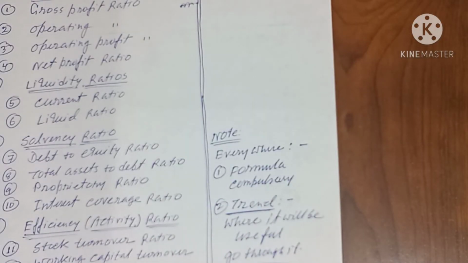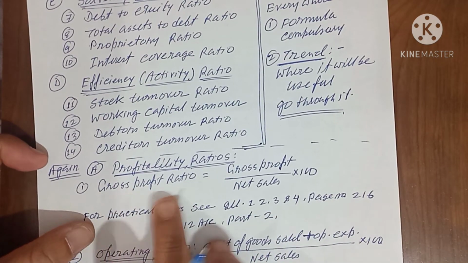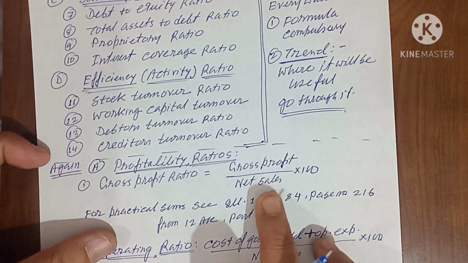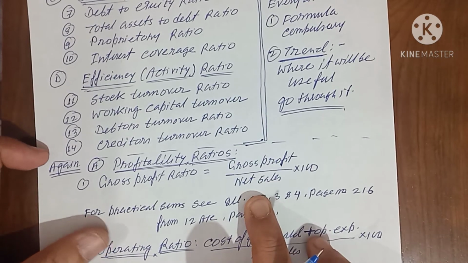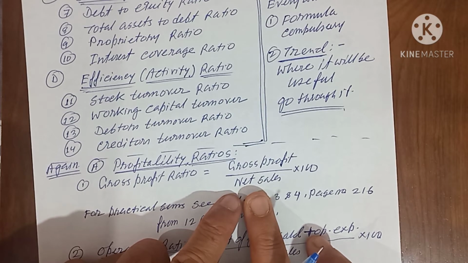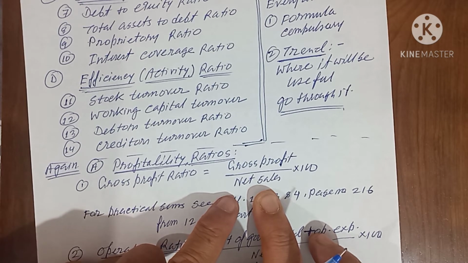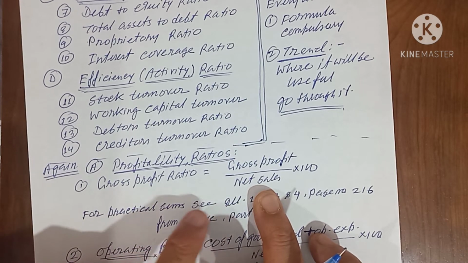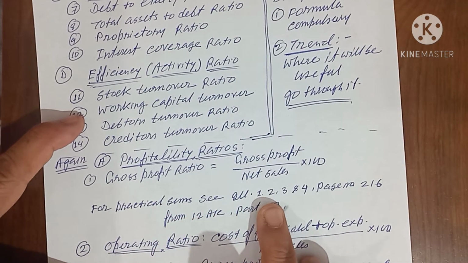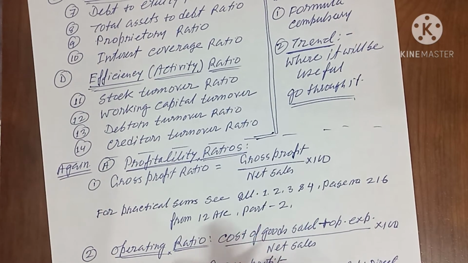Correct? Now, profitability ratio is equal to gross profit ratio. The gross profit ratio formula is gross profit by net sales. Keep in mind, gross profit by net sales. Net sales means sales minus sales return is equal to net sales. Gross profit by net sales into 100, and net sales is equal to sales minus sales return, but it may include both cash sales and credit sales. For a practical sum, see illustrations 1, 2, 3 and 4 of page number 216 from 12th accounts part